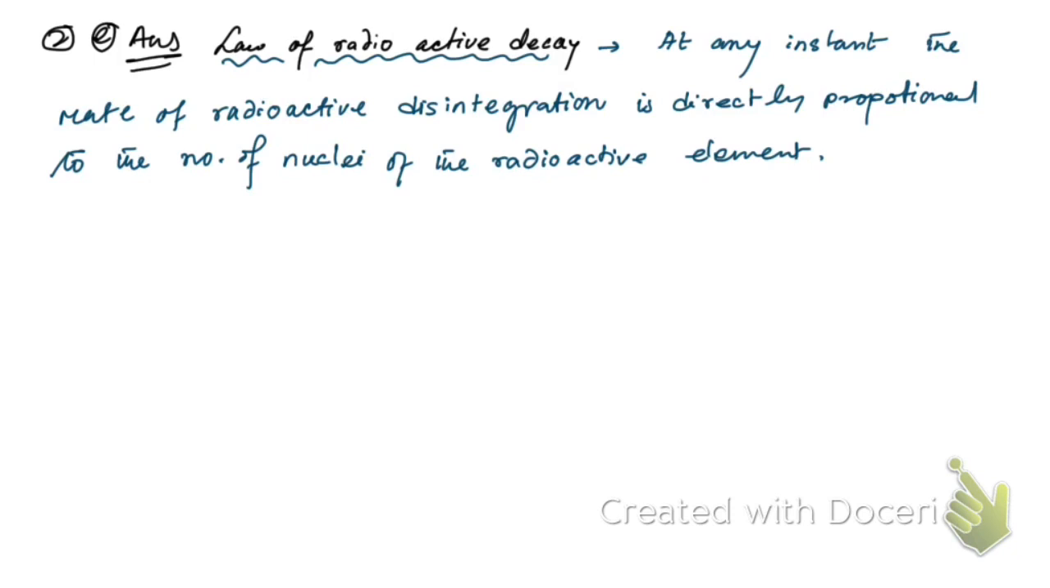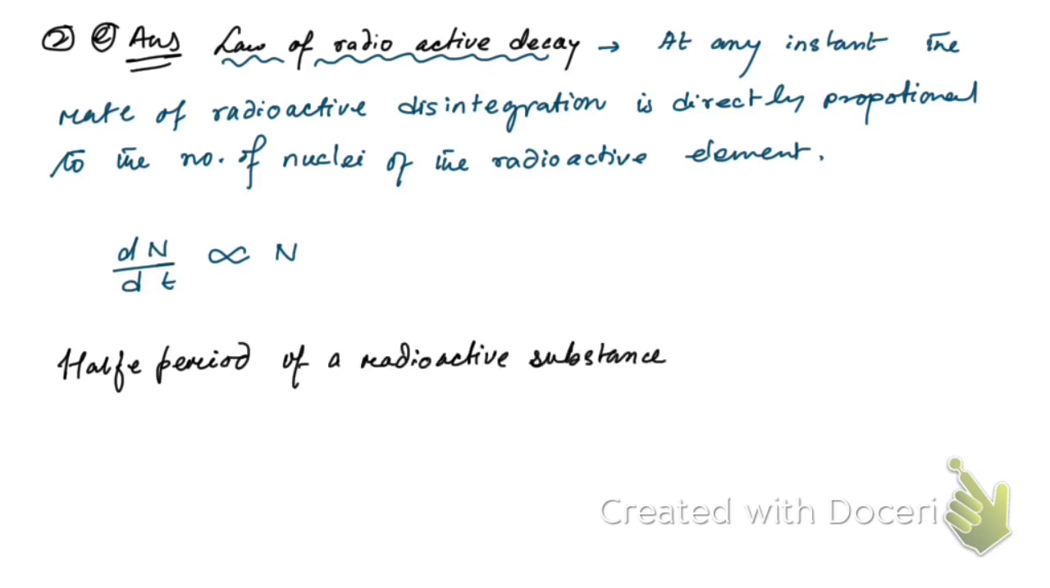So this dN by dt, the rate of radioactive disintegration, is directly proportional to the number of nuclei. Capital N represents the number of nuclei. Now let me give you the definition of the half-life period